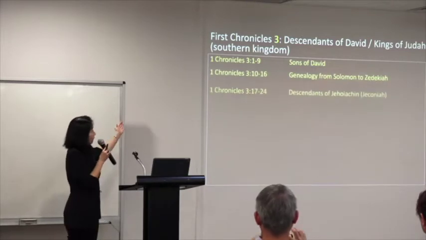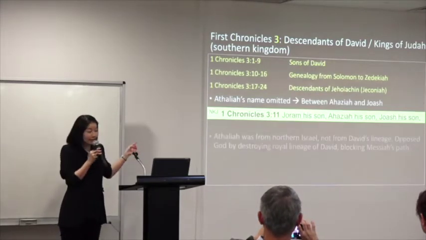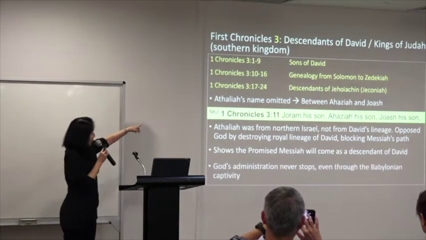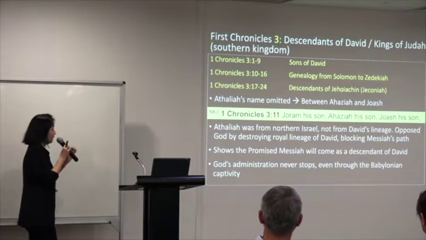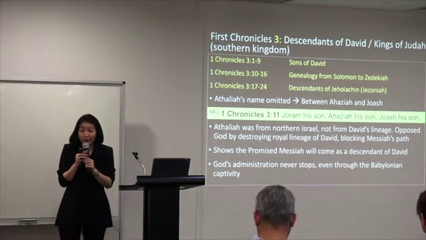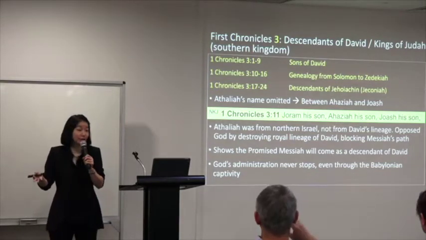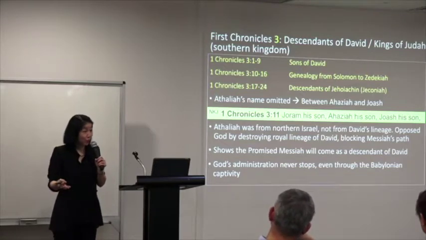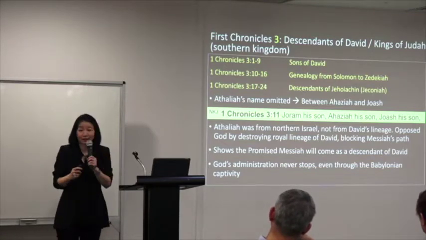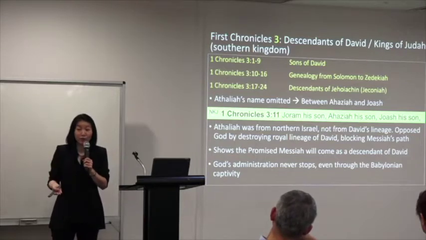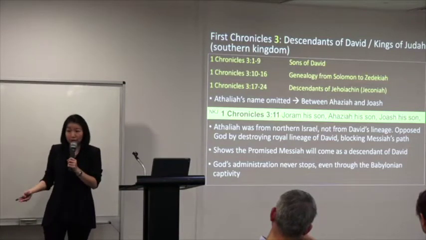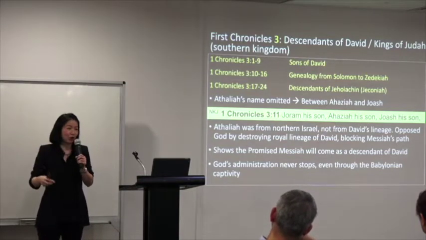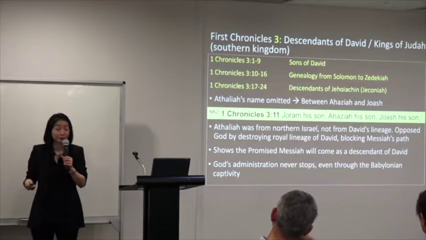1 Chronicles chapter 3. Now we're going to go further on from Judah to David, David's descendants all the way to Jeconiah. Now, of note, in 1 Chronicles chapter 3 there's one queen whose name is omitted. And if you have read before, you know this lady is called Queen Athaliah. The reason why she was omitted was because she tried to stop the lineage of David that leads to Jesus Christ. She's the famous princess of King Ahab and Queen Jezebel of northern Israel.